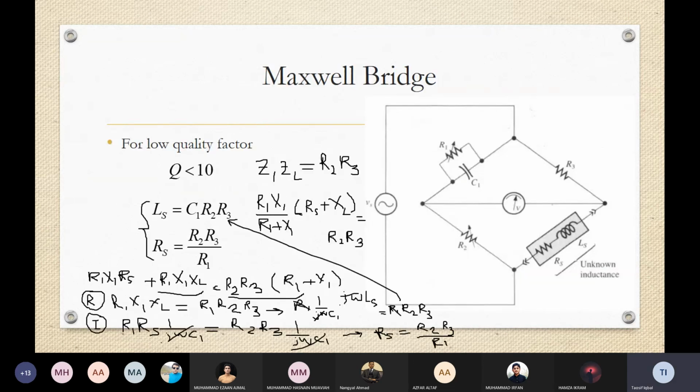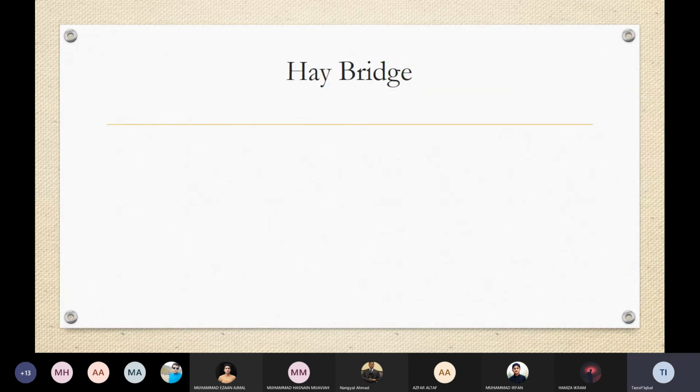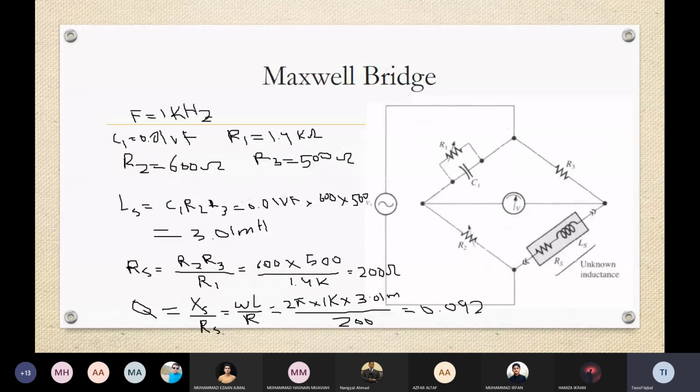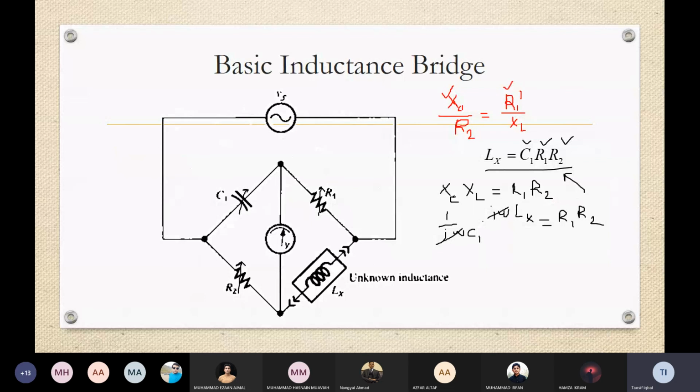ठीक है। सो नेक्स्ट इज मैक्सवेल ब्रिज, और ये जो है फिर हम ये नेक्स्ट क्लास में इसको करेंगे। अब हमारे पास रह गया मैक्सवेल ब्रिज, हे ब्रिज, इंडक्टर कंपैरिजन ब्रिज, एंड दैट्स इट, ठीक है। तो ये कुछ टॉपिक्स जो हैं ये फिर हम नेक्स्ट क्लास में इसको डिस्कस करेंगे, ठीक है। और मीनवाइल जो है मैं आपको और असाइनमेंट्स इंस्ट्रूमेंटेशन की अपलोड कर दूंगा, ताकि आप जो प्रीवियस चैप्टर हम कंप्लीट कर चुके हैं उनकी एग्जांपल्स भी आप सॉल्व करेंगे, ठीक है जी। सो एनी क्वेश्चंस?